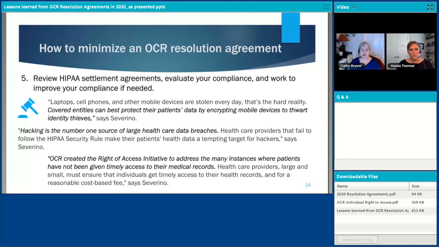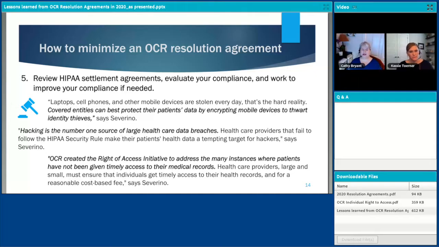Hacking is the number one source of large breaches of data. In fact, there were over 600 healthcare facilities that were impacted by ransom attacks last year. By far, ransom attacks are our number one cause of a breach that we are seeing, both as a company in the state of Texas and nationally. And lastly, from another settlement agreement, the OCR has created the Right of Access Initiative to address the many circumstances where